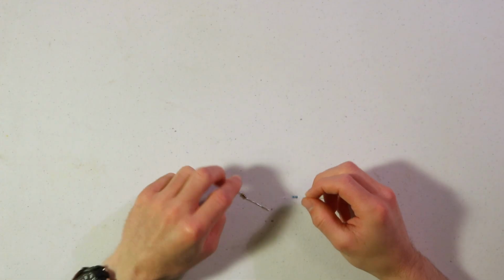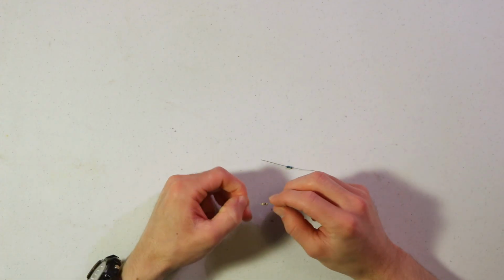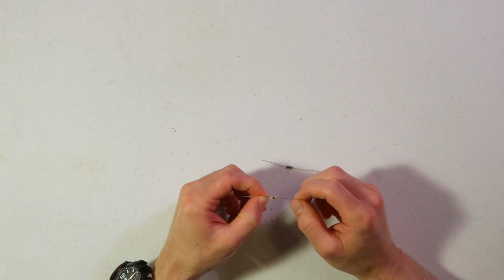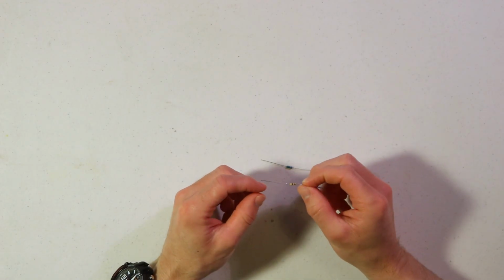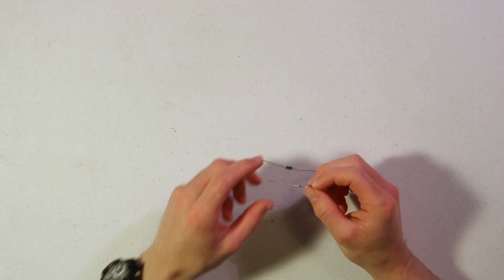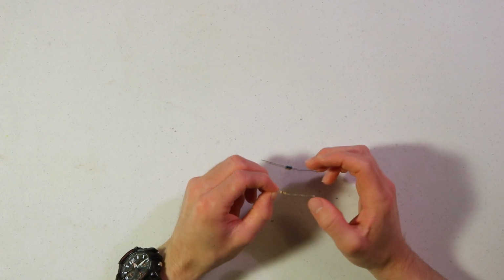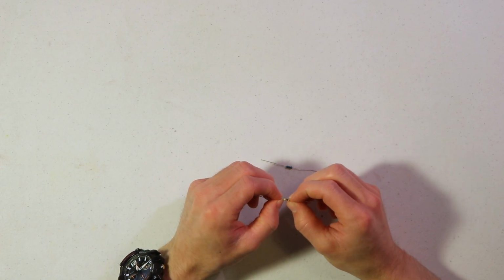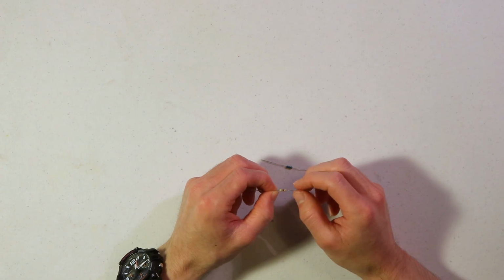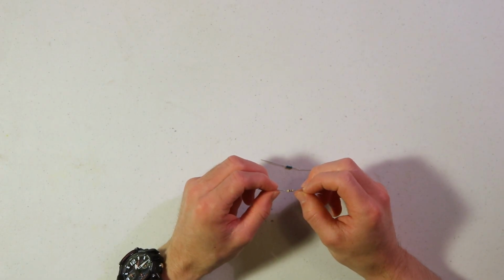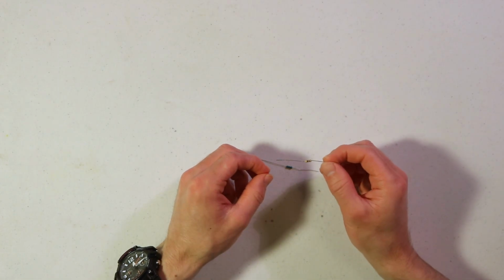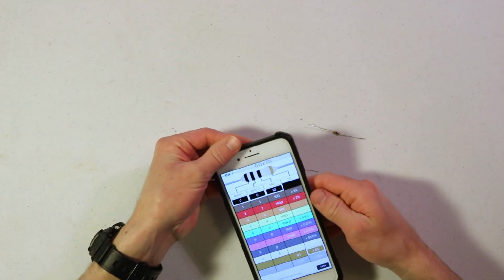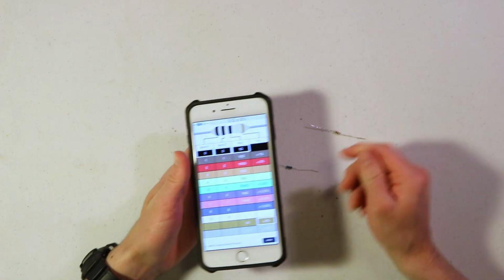If you look at a resistor, you'll see that it has some different colors on it, these different color bands, and those are the way that they specify what the value of that resistor is. If you want, you could look up the code. Each color represents a different value or a multiplier, and then the last one represents the precision, or how accurate the resistor is. The other way you can do it is just to use an app like this, where